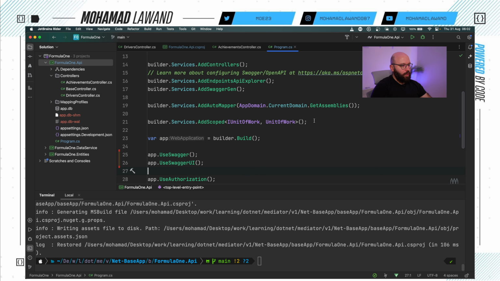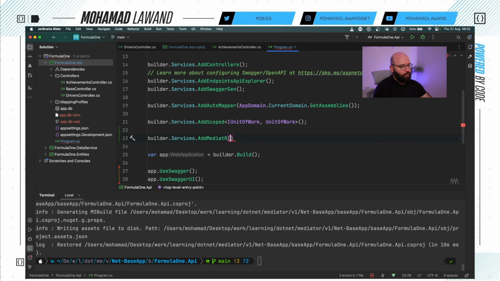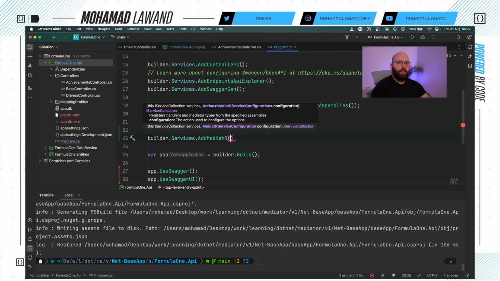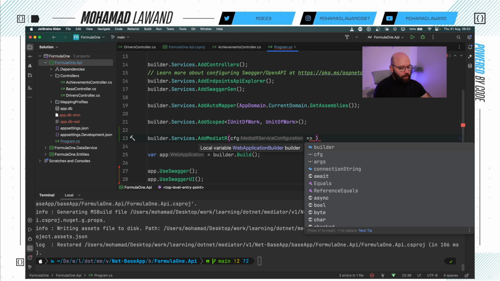So what I want to do here is, again, before we build the app, I want to add builder.services. And here all I'm going to be doing is injecting the Mediator package. So add Mediator. And now I want Mediator to be able to scan my entire dependencies and figure out the DLLs that currently exist there, in order for it to scan and view the handlers that it needs to and try to identify the requests, and so forth. So to do that, I'm gonna utilize my configurations, and I'm gonna say